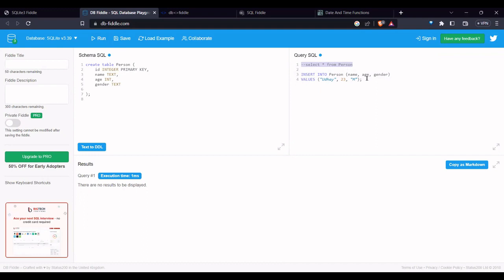And after that, if I comment these two lines, with the same operator, control and slash, then if I ask select star from person, as I commented both of them, I should get the result. Don't know why it's not coming here, but output should come here. That is the point. So like that,